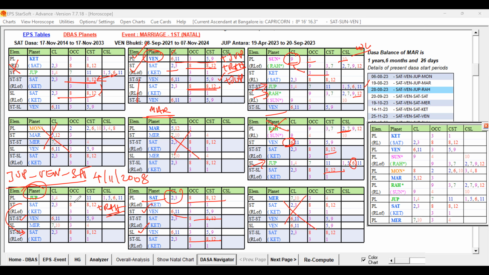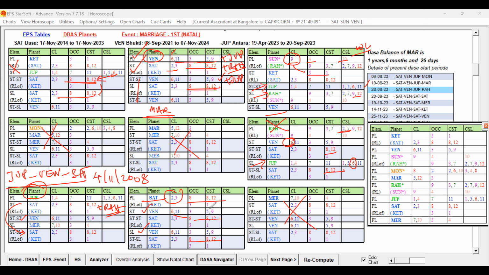So Venus is the important key planet of the 2A level, star lord is Saturn. And Saturn itself is acting as the Antara lord. Because of the obstacles are coming, it is not acting as the Buddhi lord, it is acting only as the Antara lord. I think we're able to understand.